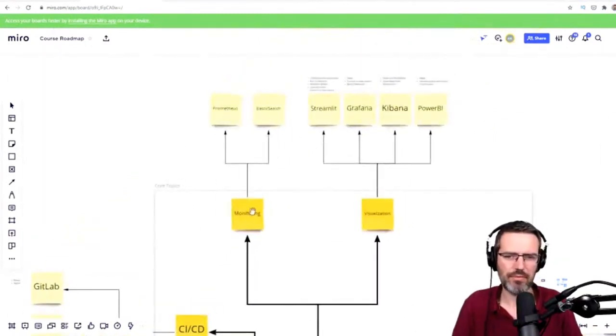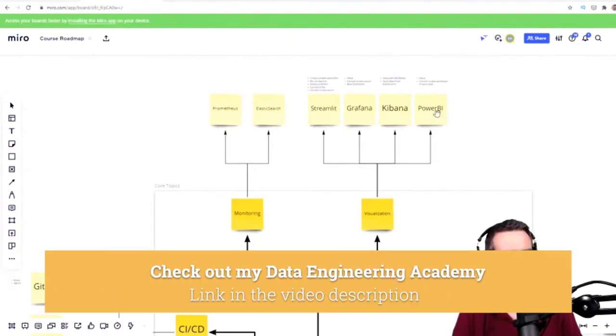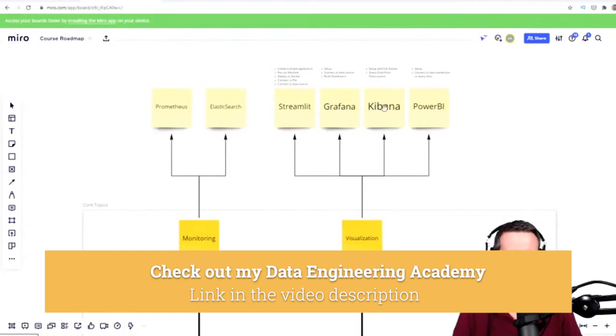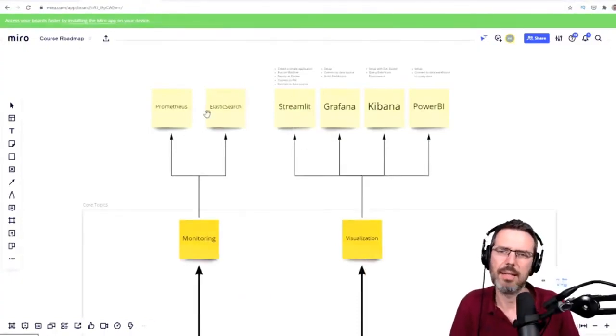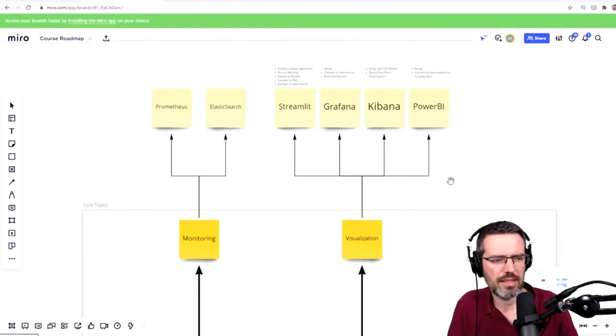And then on the top, you have monitoring for your platform, and you have something like visualization, where you say, okay, maybe I have a BI tool, maybe I have an already built dashboard, or I build myself a dashboard with something like Streamlit based on Python. So that's basically what I was thinking of,